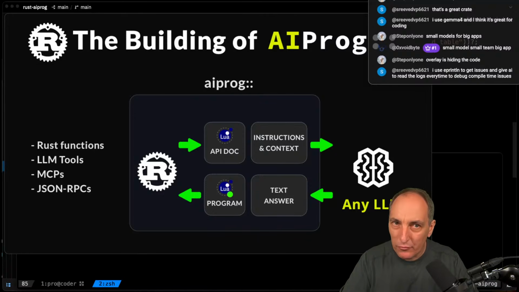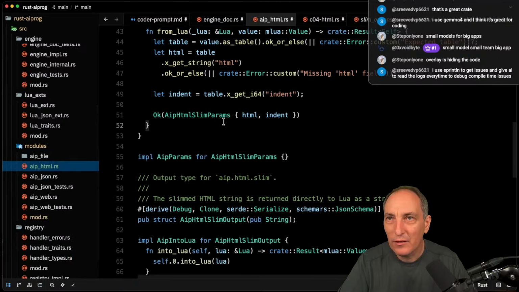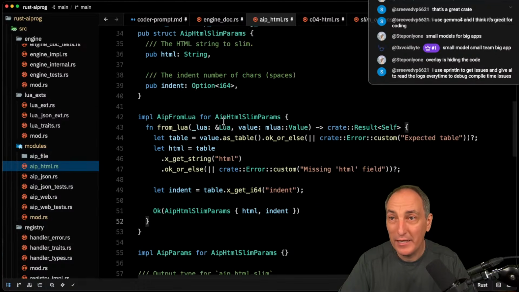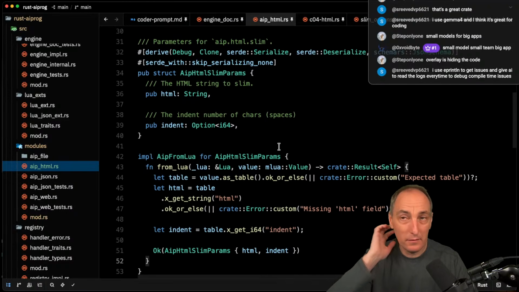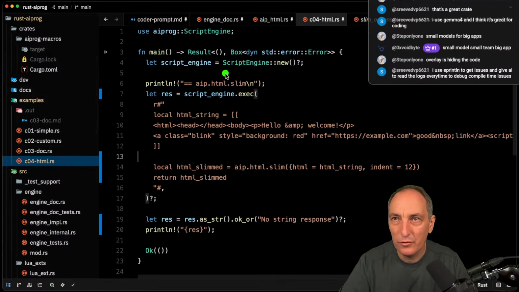And then after you run your stacks, so that's the goal. For that, what we do is that we have implemented the html.slim API that now we can use like that. So we do the new scripting engine, and then we do that, and that works beautifully. And so we're going to leave it at 12 over there. And now